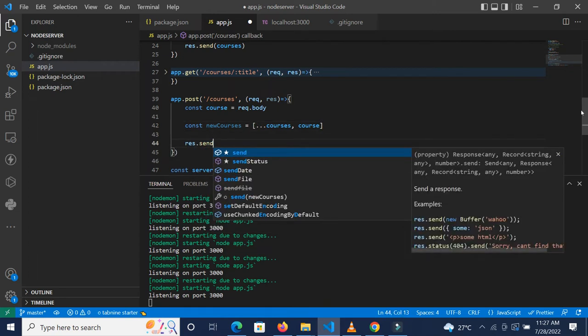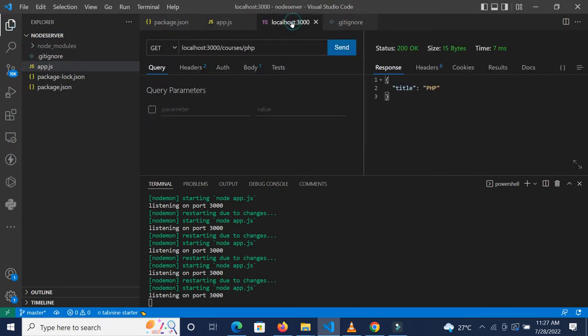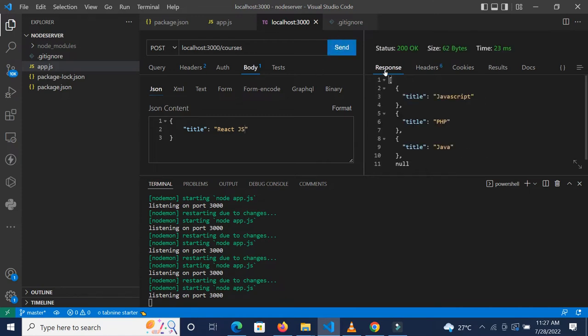Then we are sending the new courses just like this. Now this is actually going to give us a little challenge, but let's try it. Okay, so if we make a post request and then we come to the body and then we give the title, for instance, and make this, let's say, React.js. If we make this request,